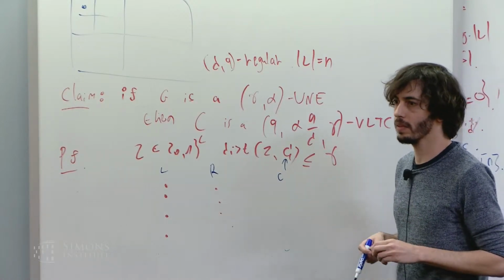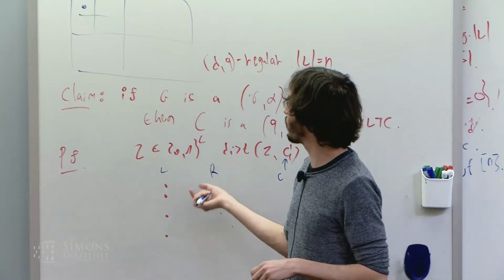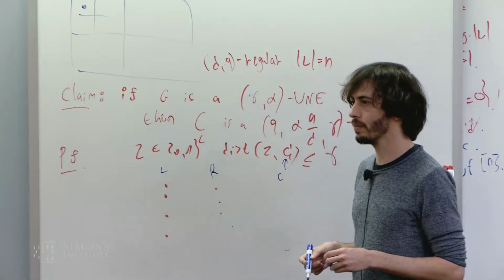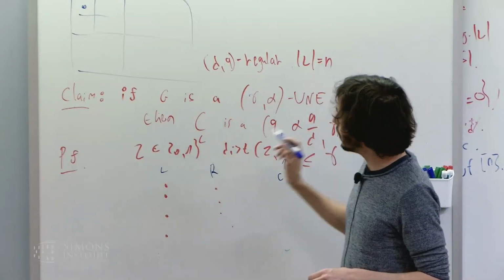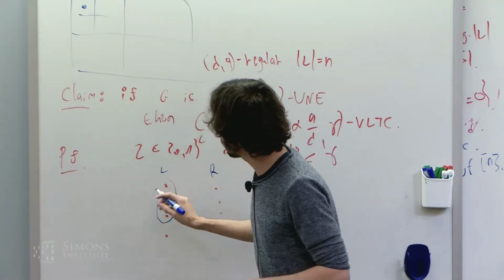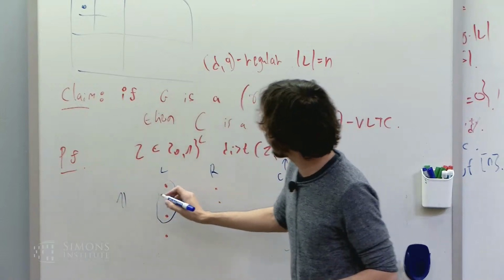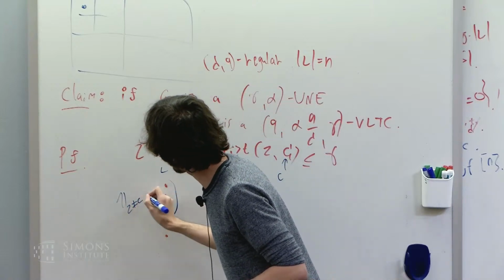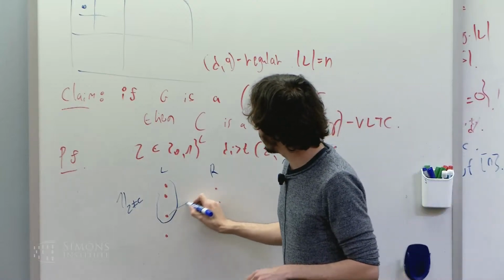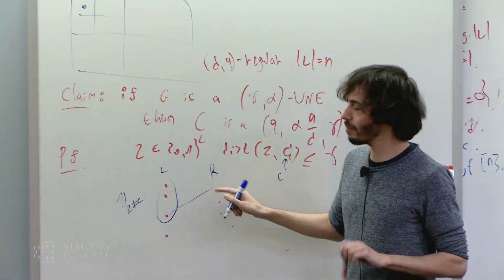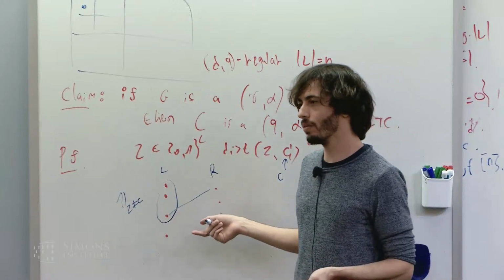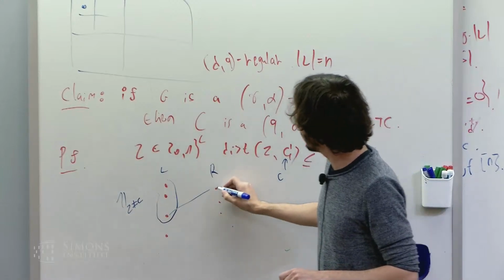So what is the probability that we reject? We want it to be high. So we need to somewhere use the assumption that G is a unique neighbor expander. So we need to take some set on the left side. What set are we going to take? We are just going to take the set of all indexes such that Z differs from C. And we see that any unique neighbor of the set that we chose is going to cause us to successfully reject, right? Because